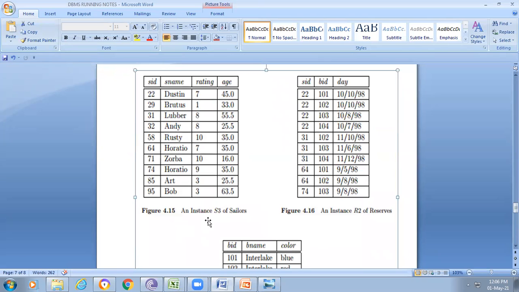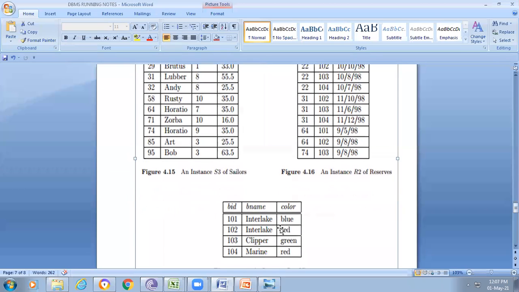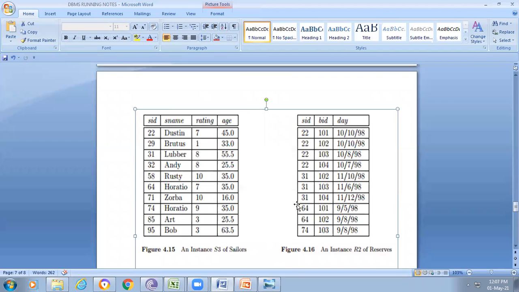Okay, here if you observe, this is the sailors table, this is the reserves table, and this is the boats table. The main thing here is how we create these tables and find the required queries. In the previous classes we discussed how to retrieve data from a single table, but in this example we combine the three tables according to the requirement. So if you have the possibility, please note down this data. If you have a system at home, please try to create these types of tables.